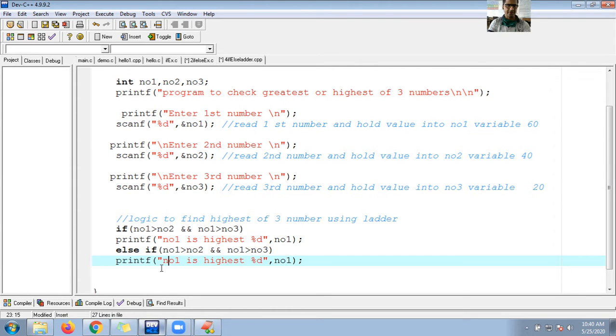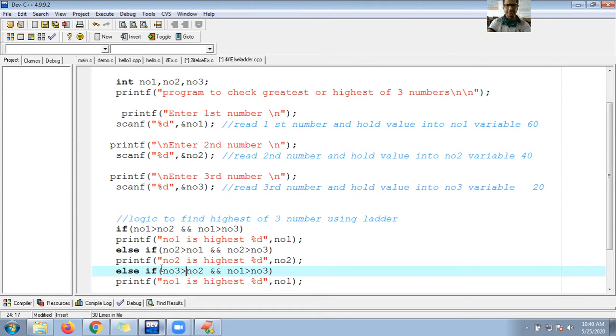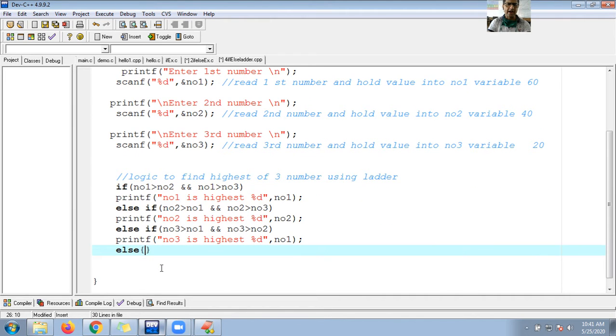So number 3 is greater than number 1, and number 3 is greater than number 2. So who is highest now? Number 3. Number 3 is highest. Okay boss. So here else. I don't want to keep anything. It's an empty else. So you can see a ladder. Number 1 is greater than, I'm trying to use the logical AND operator.